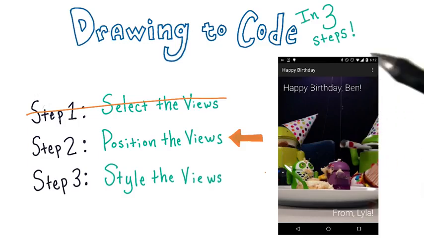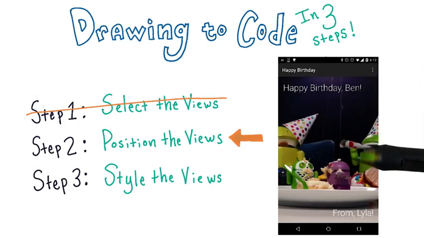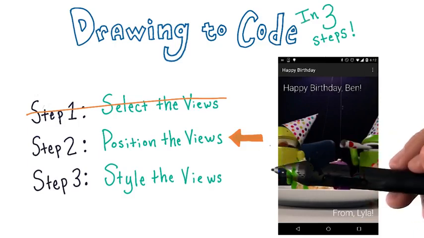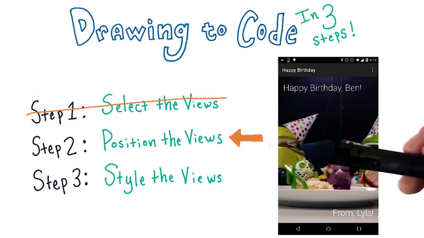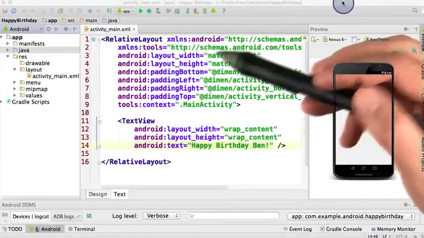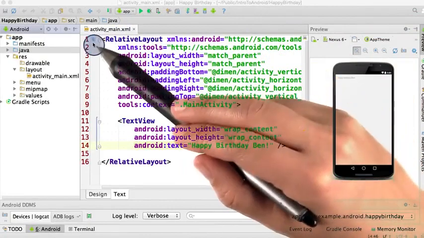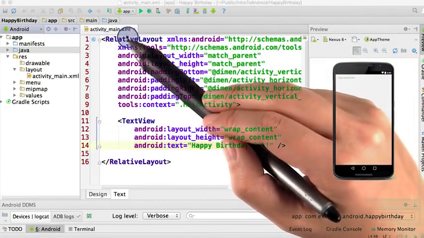Okay, so at this point we've got our drawing, or layout, we've identified the views, and we've started our thoughts on positioning by picking a relative layout as our view group. This is a great time to start coding. Okay, so what I have open here is the code that we were working on before, which is activity_main.xml, located